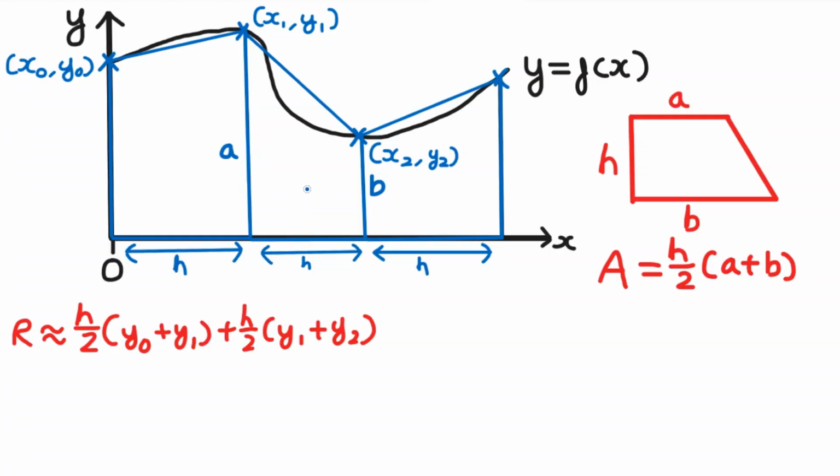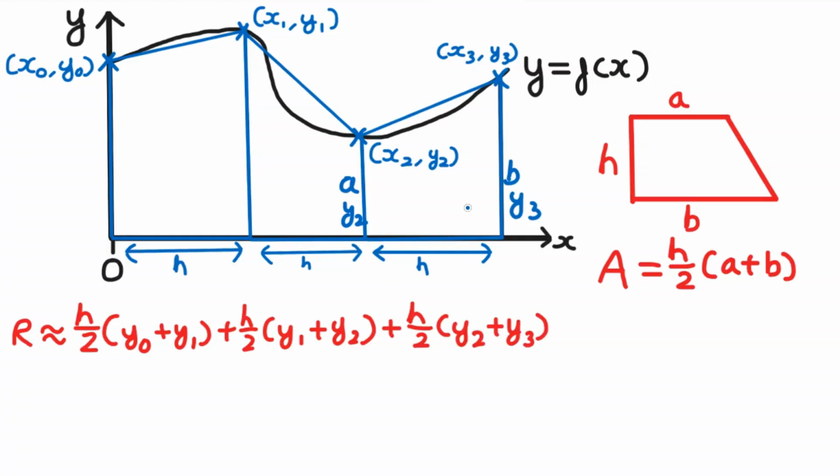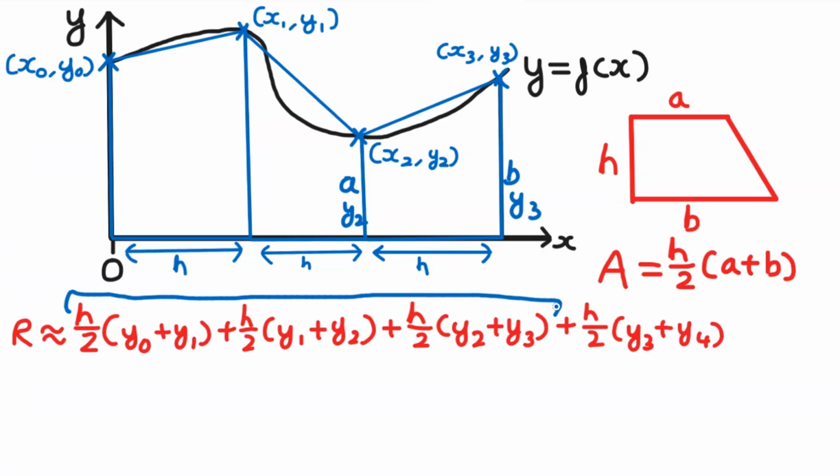And then we continue this pattern, so just quickly for the next trapezium, this is now going to be a, and this is now going to be b, so this is going to be y2, and then this point here we're going to call x3, y3, and then this side here is y3. So the area of this trapezium is going to be h over 2 and then y2 plus y3, like this here. And you can kind of see this pattern forming, this y0 plus y1, y1 plus y2, y2 plus y3. So if theoretically we had a fourth trapezium, it would be h over 2, y3 plus y4, like this here. So R here, where we have these three trapeziums, is approximately equal to the area of these three trapeziums added